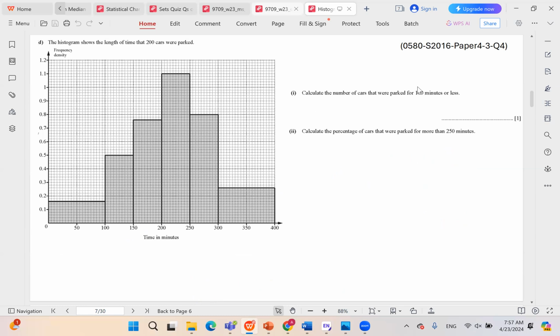The histogram shows the length of time that 200 cars were parked. Calculate the number of cars that were parked for 100 minutes or less. Again, we will have to create our table. So let me just write the intervals first so that things are clearer for you. We have 0 less than t less than 100, and then 100 less than t less than 150, and then 150 less than t,